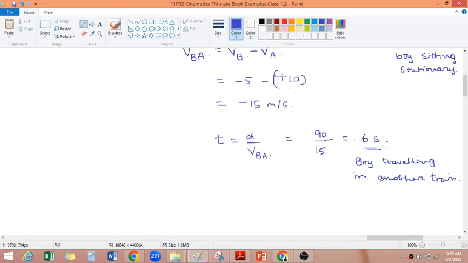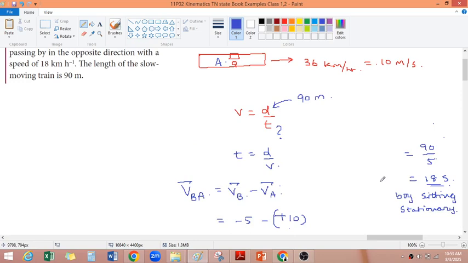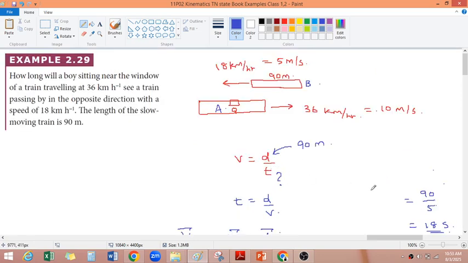It's also very simple. You just have to use the relative velocity. The same thing, they can change the question by moving in the same direction also. In that case, it will take longer time. So for the train to cross, it may actually take more time